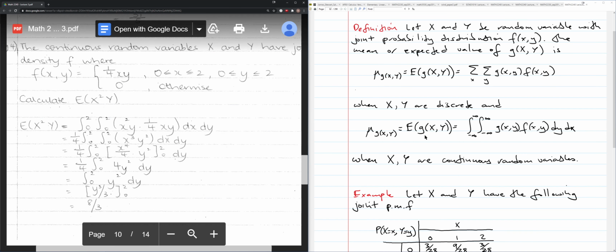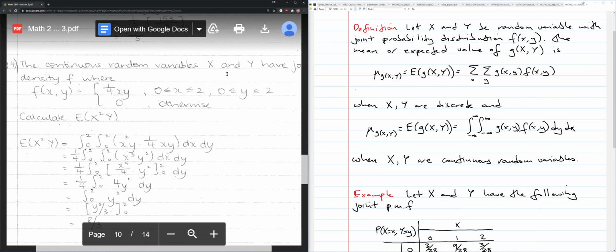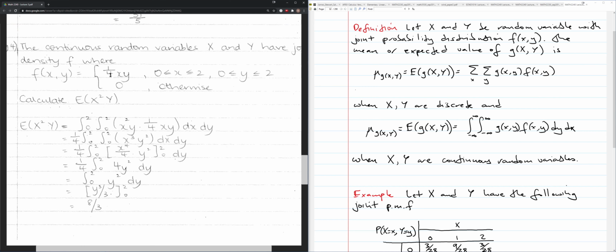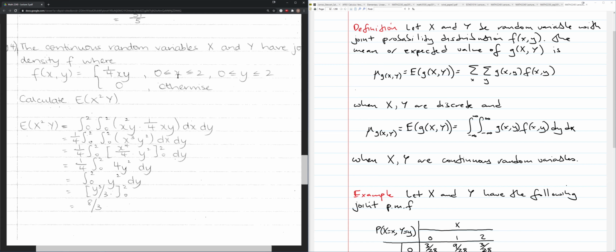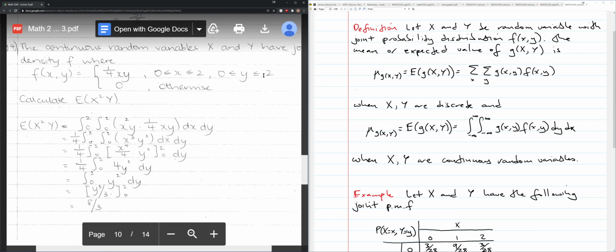So let's see an example of using this formula, where we want to calculate the expected value of a function of two continuous random variables with a given joint PDF. Here I have two continuous random variables, X and Y, with a joint PDF f of xy equal to a quarter times xy. Notice this joint PDF is only non-zero on your rectangle, X going between 0 and 2 and Y going between 0 and 2. More precisely, it's a square,